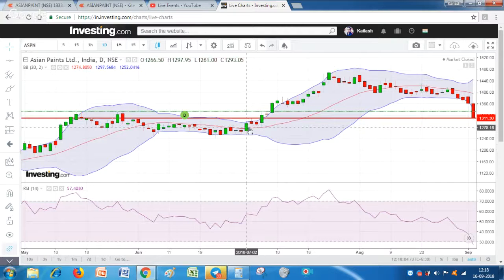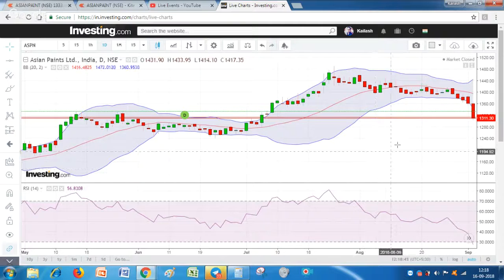So see friends, after this level the stock has given a very big movement, okay, up to this level. And here, with this doji candle, it has given us a confusion. It's a confusion candle after this big rally. Once a doji formation is there, it gives us an indication that the stock can reverse now after this big move, that now the bulls are tired. Now the bulls are tired in the stock, so the stock can fall down. So here we need to exit. At this level we should take an exit from the position and be gone. Okay. So see, if we have taken an exit at this level, after that the stock has gone down also.